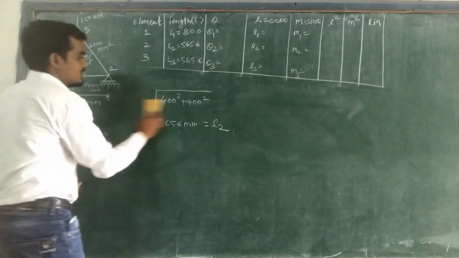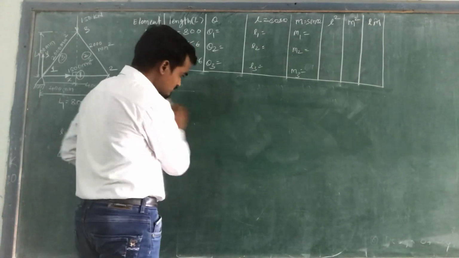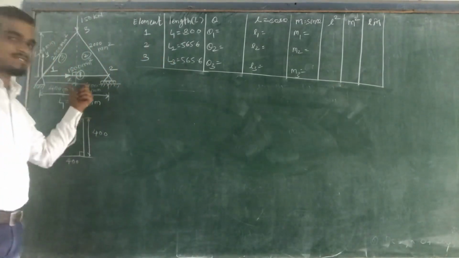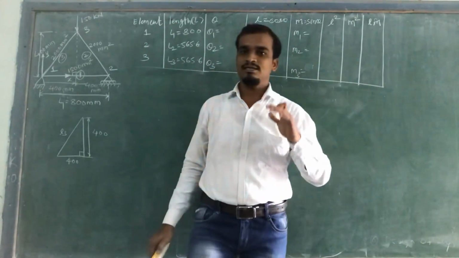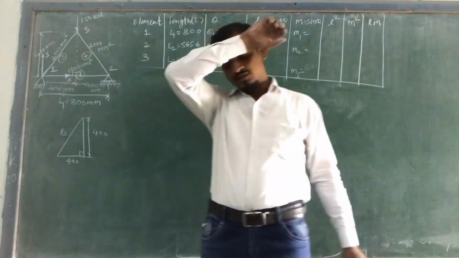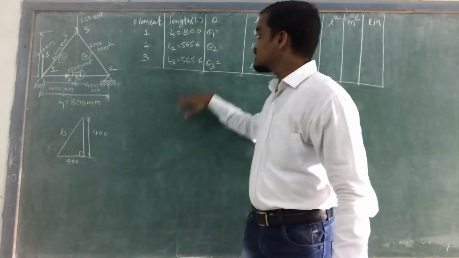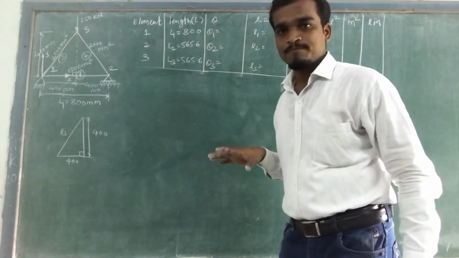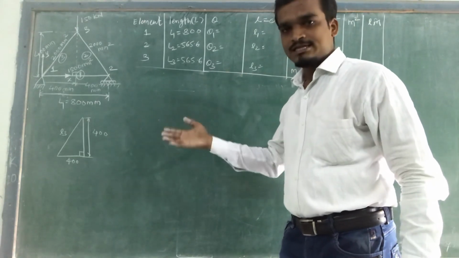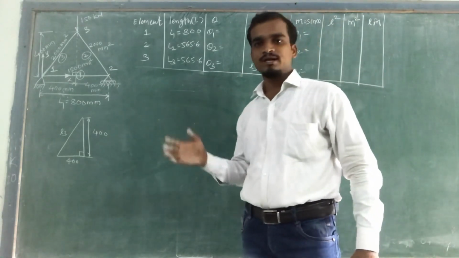Now, next is what? To find out the values of theta. Actually, this truss problem is asked for 12 marks in your end semester examination. So for this, we need to first construct this table. For this table only, you will get 3 to 4 marks. Then for constructing your global stiffness matrix, you will get 4 marks, and then for